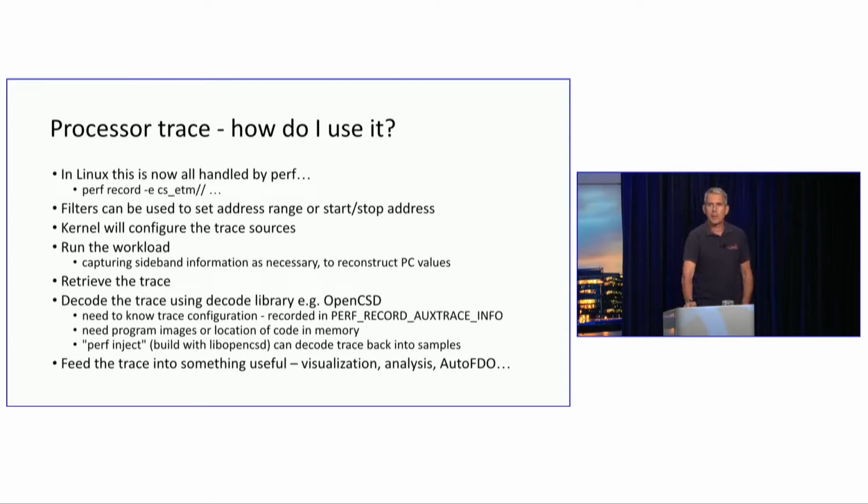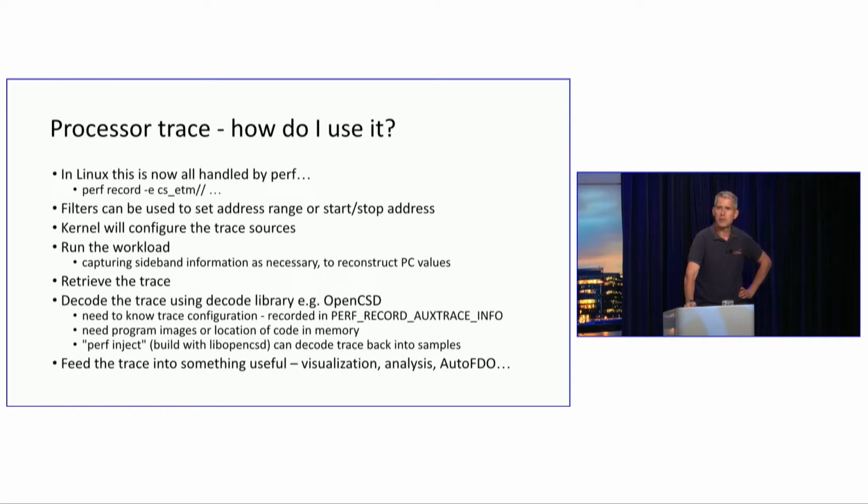And then there are various ways to control and filter the trace. You get the usual: you can say user space only, you can set address range filters and so on. And then the kernel will set up everything to collect the trace. And then you just run the workload, and you get an aux buffer full of trace. The trace is, as I say, in a highly compressed format. So if you want to deal with it directly,